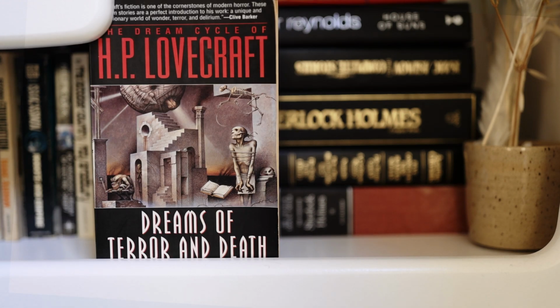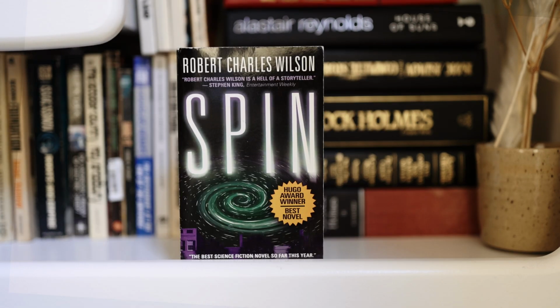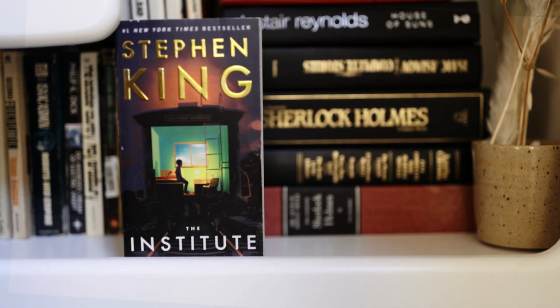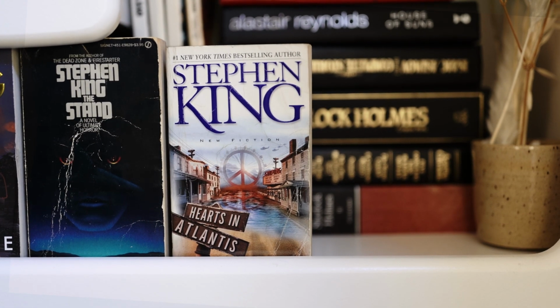Dreams of Terror and Death by H.P. Lovecraft. The Stepford Wives series by Rosemary Kirstein. The Spin by Robert Wilson. The Left Hand of Darkness and The Dispossessed by Ursula Le Guin. The Past Through Tomorrow by Robert Heinlein. Now to the King, The Institute. A top paperback edition, The Stand, Hearts in Atlantis,